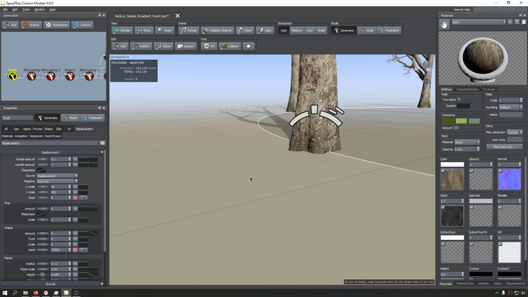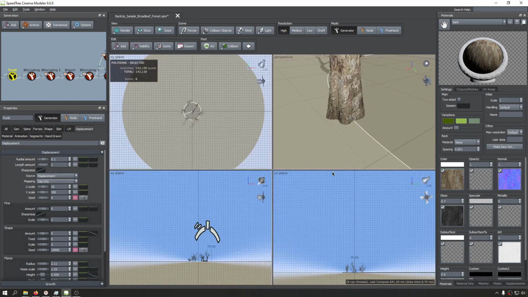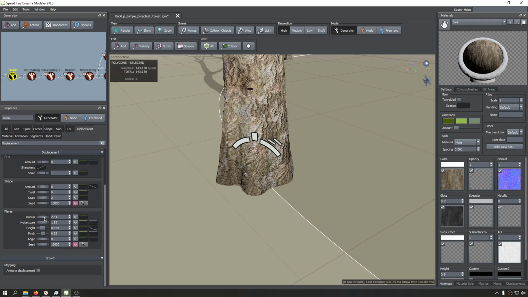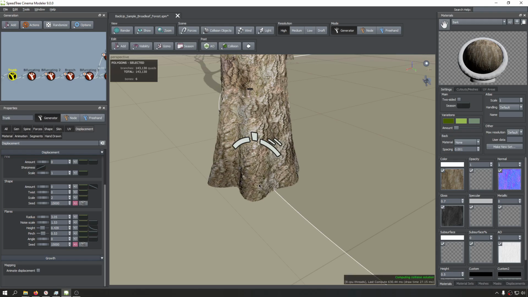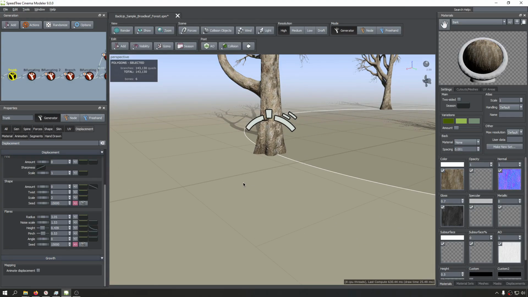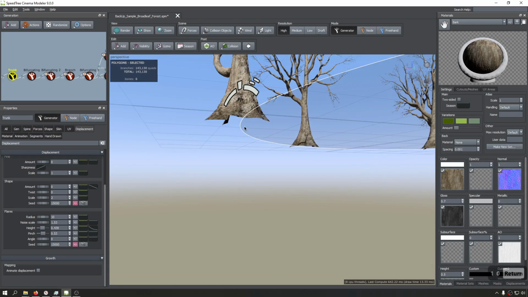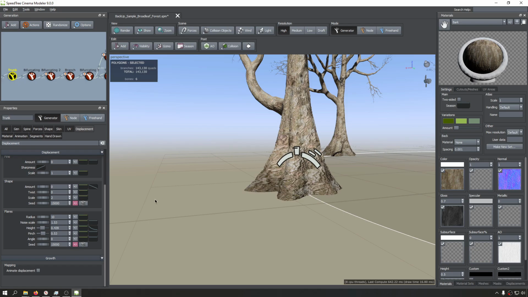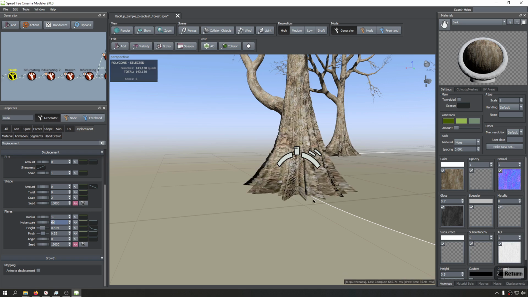The next option is the flare, and this flare is going to be good, for example, for adding these roots in here. Of course, we have the root generator, but this is the flare, and it's going to manipulate this bottom part of the tree. Let me make it something obvious, and it's good for manipulating that part. And we have the controls to set it to where we want. For example, you can tile the noise much or bring it down,